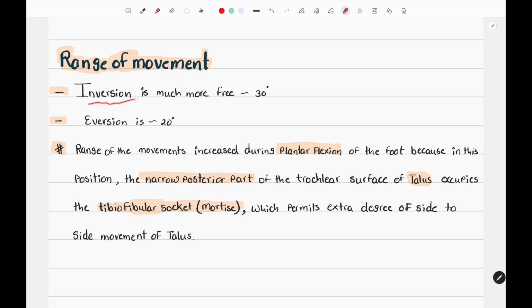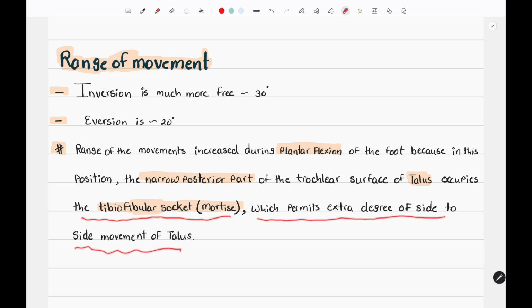Range of movement of inversion is much more free, approximately 30 degrees, than eversion, and the range of movement for eversion is approximately 20 degrees. Range of movement increases during plantar flexion of the foot, because in this position the narrow posterior part of the trochlear surface of the talus occupies the tibiofibular socket, or mortise, which permits an extra degree of side to side movement of